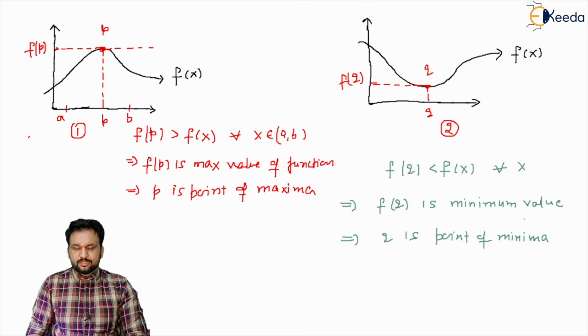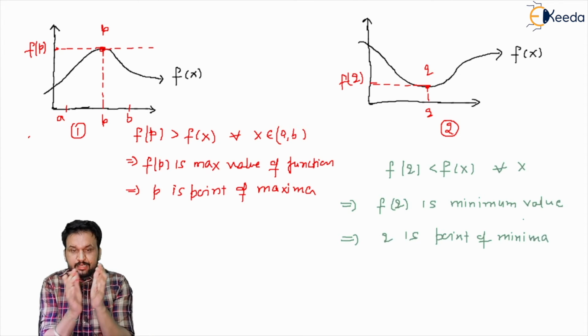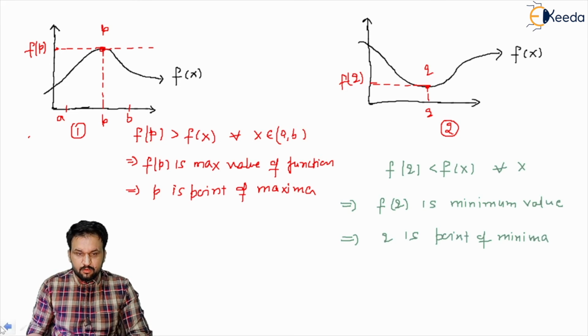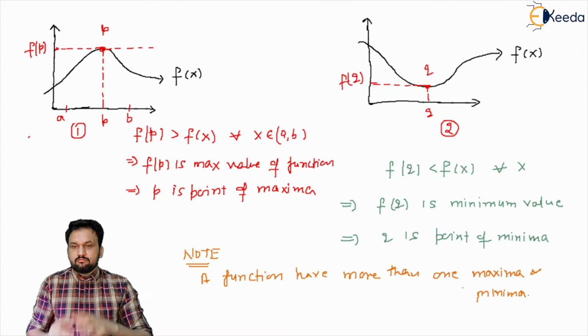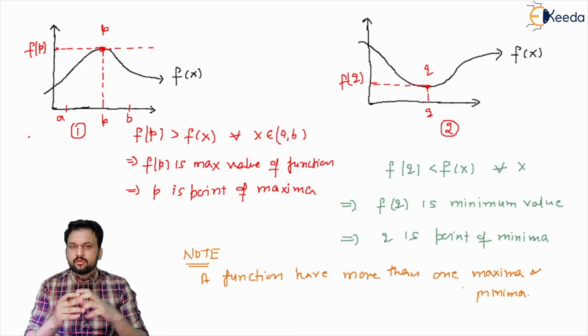Clear? Now one more thing: a function can have more than one point of maxima or minima. Or you can say, just note it down, a function can have more than one maxima and minima. It means a function can approach a maximum or minimum value more than one time, like 3, 4, up to